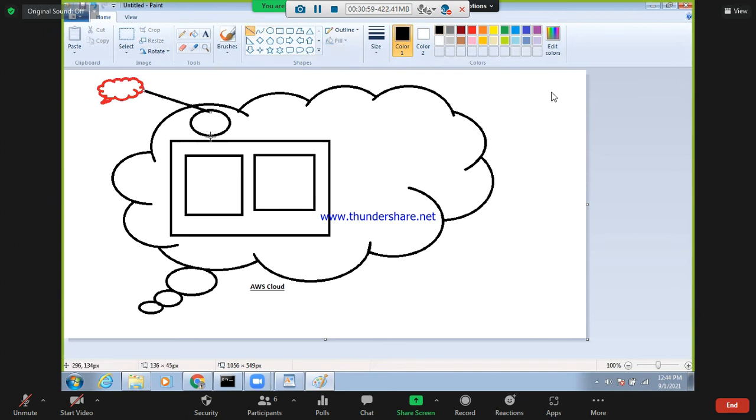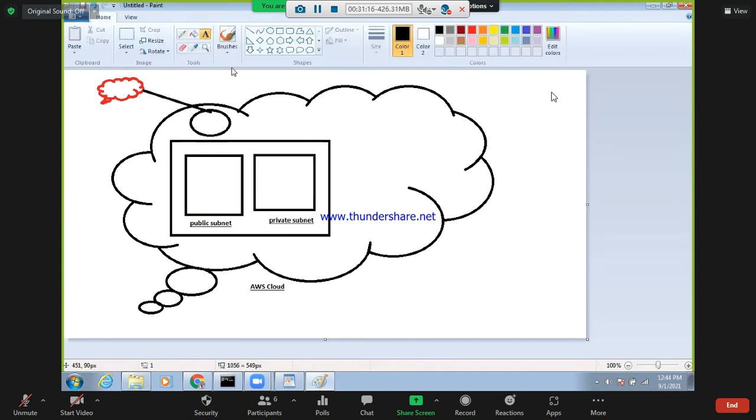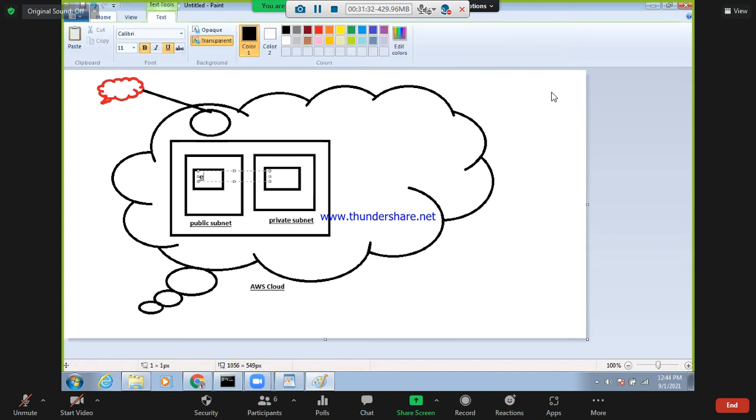Let's say this is your public subnet, and this is your private subnet, and you host EC2s under these subnets. Let's say this is your public EC2, and this is your private EC2. I will write P for public EC2,